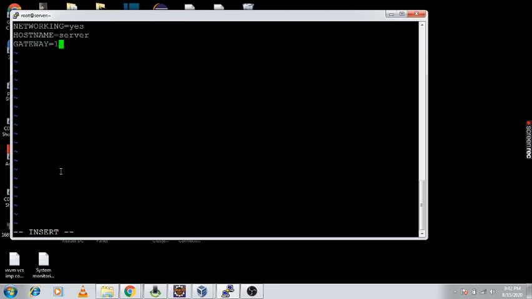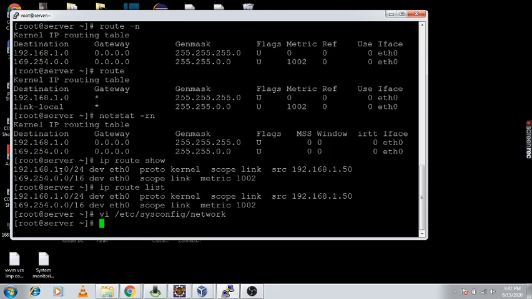Suppose I am giving the gateway IP, suppose 192.168.1.1. So this is my gateway IP address I am defining here. Now I am going to save it. So this is the default gateway we have saved under this configuration file.